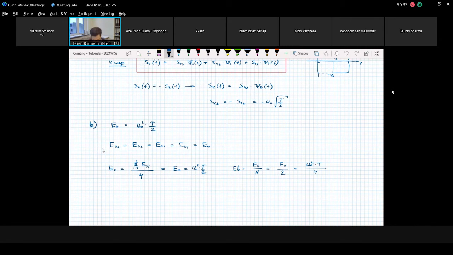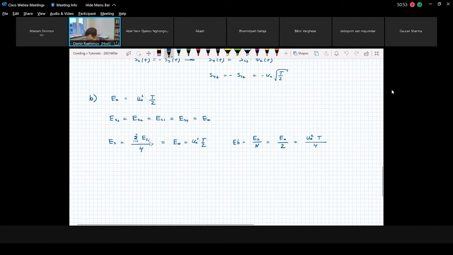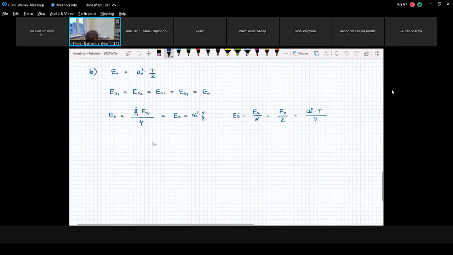Okay, I think I forgot that in part A, we had to specify signal vectors. We forgot one small part for part A, but we can do it now. I will just write that we're talking about part C. Remember that we just write how we can represent each signal. First signal was nothing else as